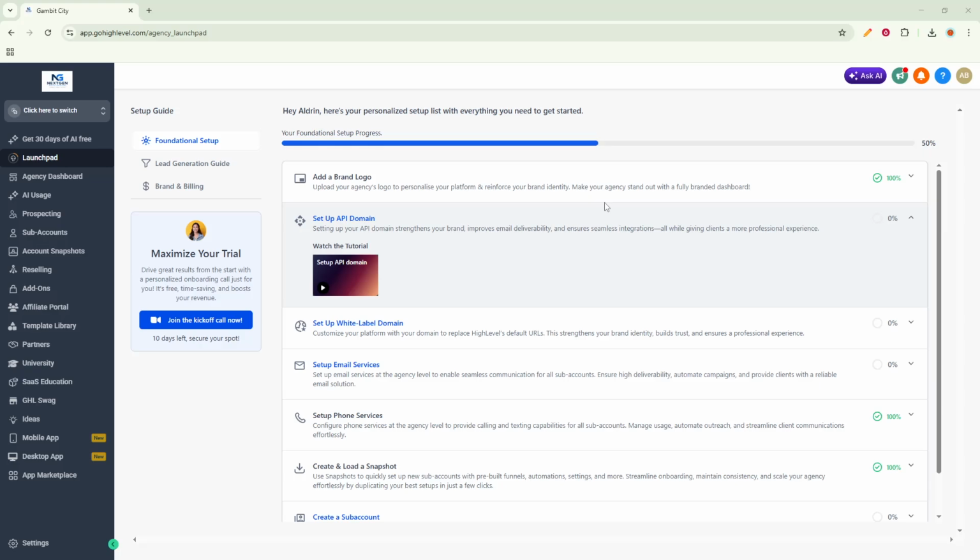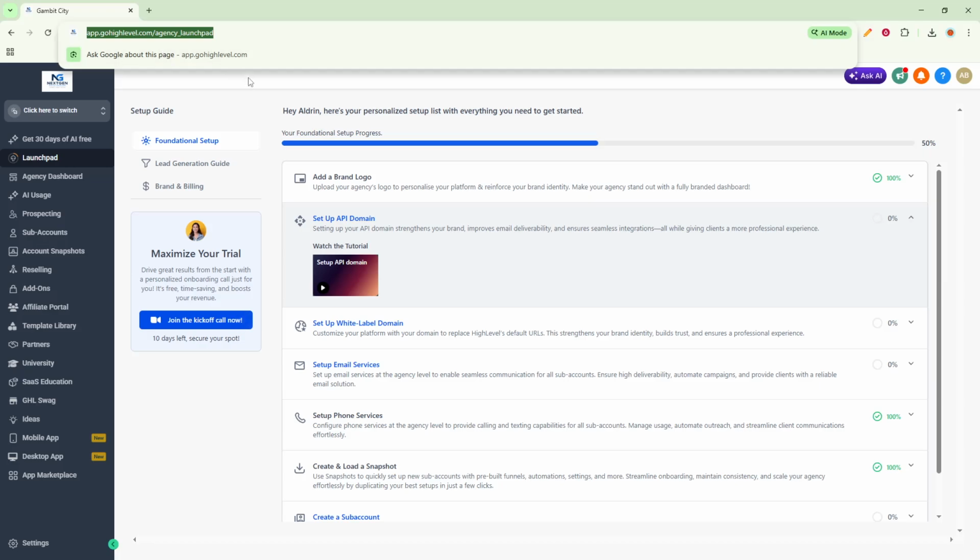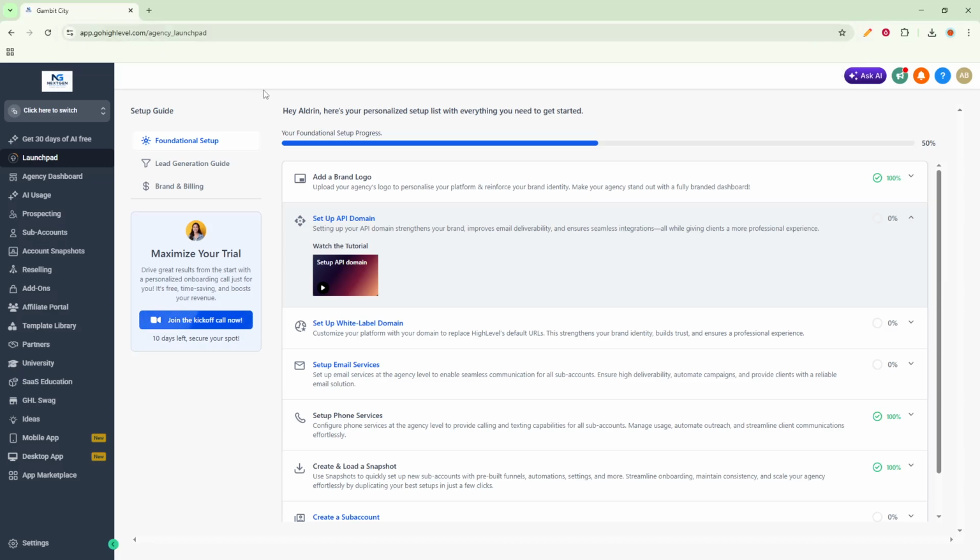First, open your browser and head to the official GoHighLevel website, then sign into your account to reach your dashboard. If you're using GoHighLevel via a browser and need the link, you can find the official website at the top of the description. Make sure you're on a stable internet connection and using an up-to-date browser so pop-ups and authentication